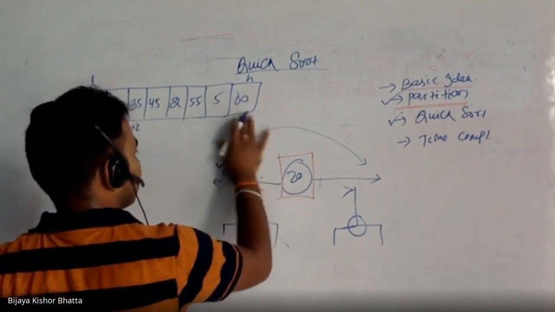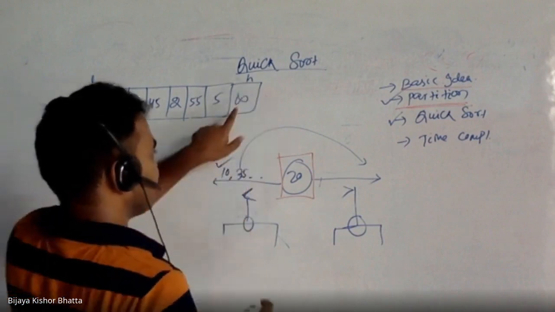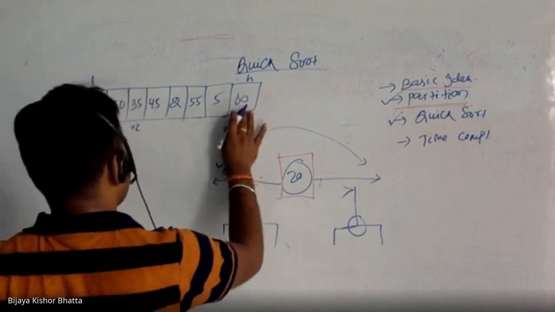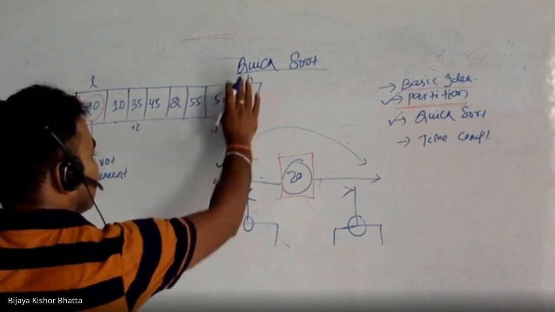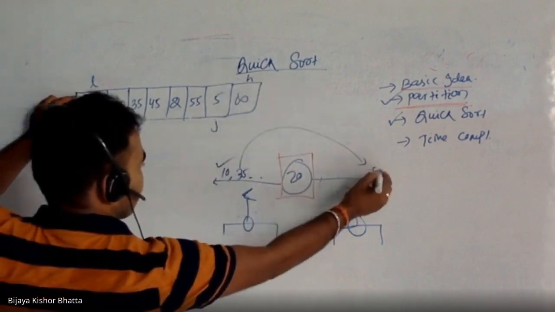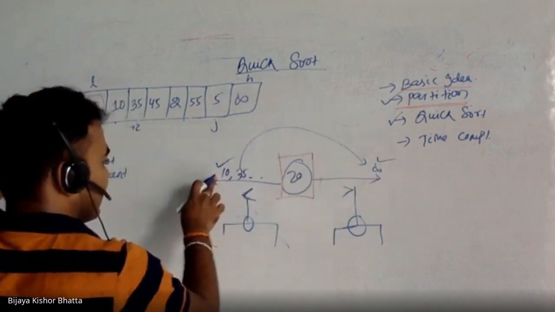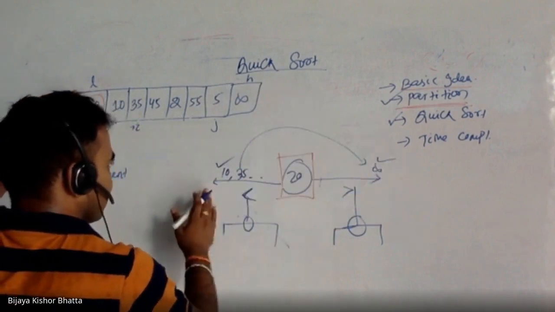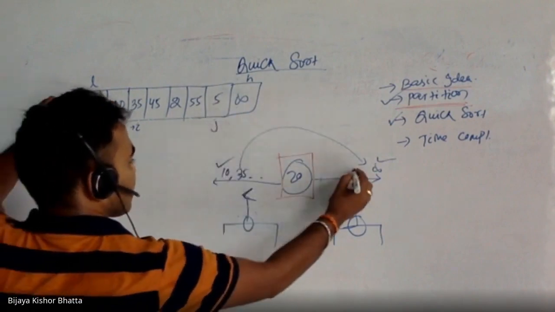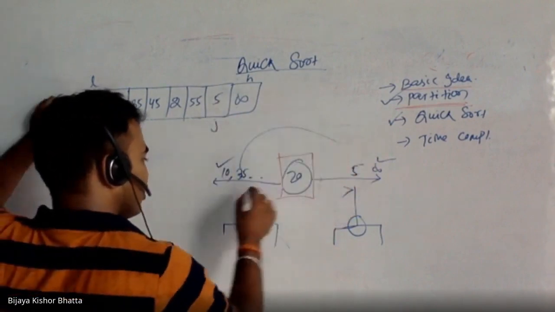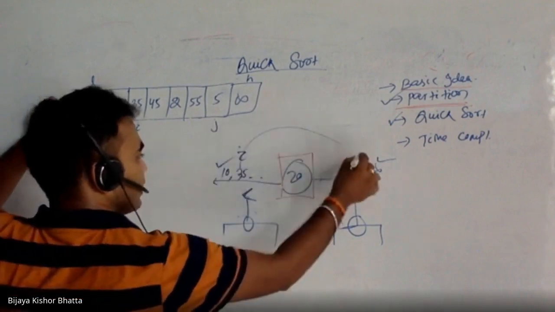If I see a greater number, infinity is a greater number, then I am okay. If I see a greater number, then I will simply increment j, because on this side I need a greater number. So for infinity I am making no changes, like 10, I did not make changes because it is a lesser number. Similarly infinity. Now I have a j which is 5.